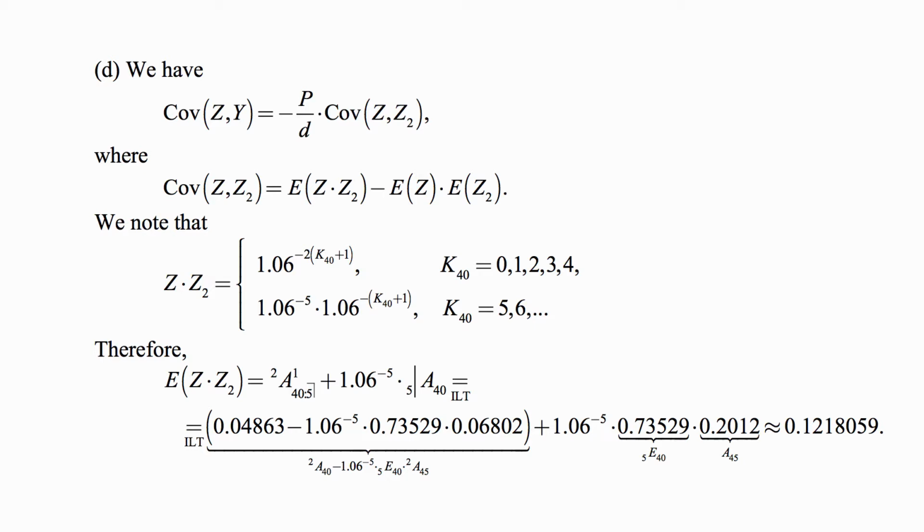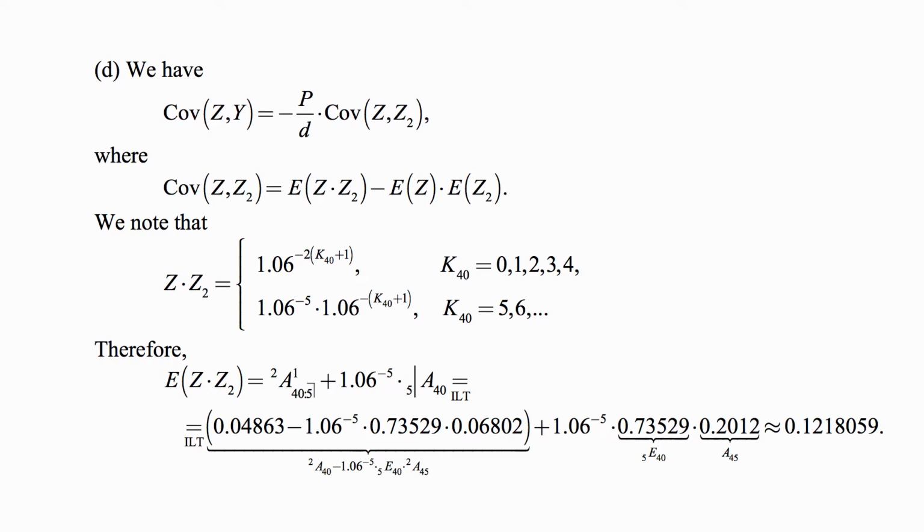Then we note that Z times Z2 is 1.06 to the minus (2 times K40 plus 1) for K40 between 0 and 4, and then it's 1.06 to the negative 5 times 1.06 to the minus (K40 plus 1) for K40 equal to 5, 6 or more. Therefore, E[Z times Z2]